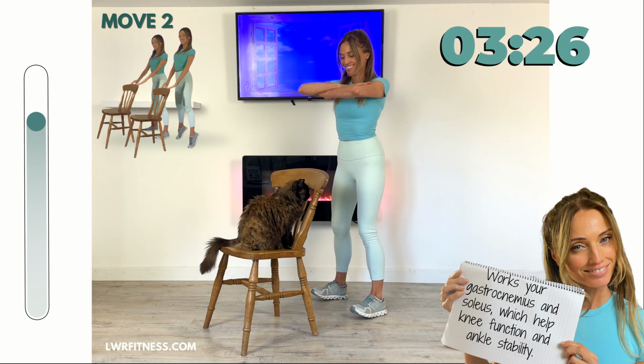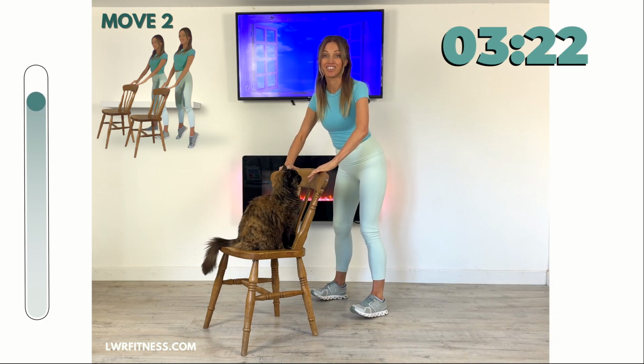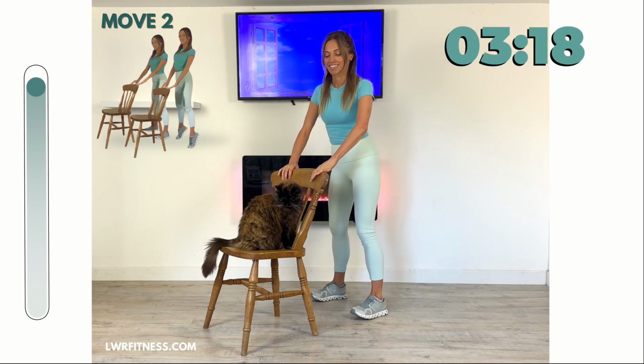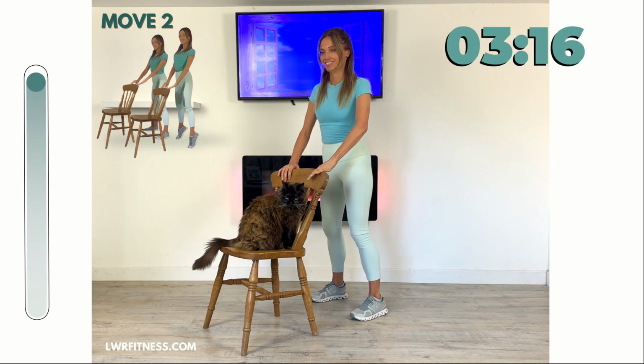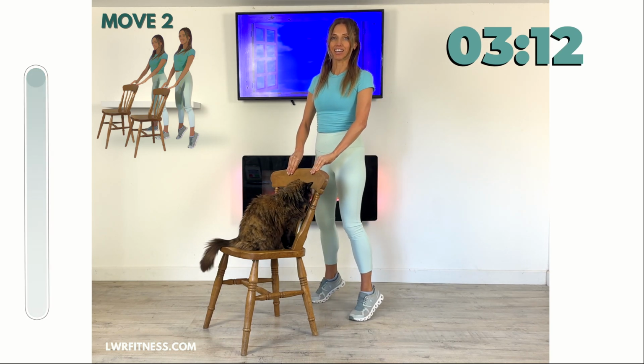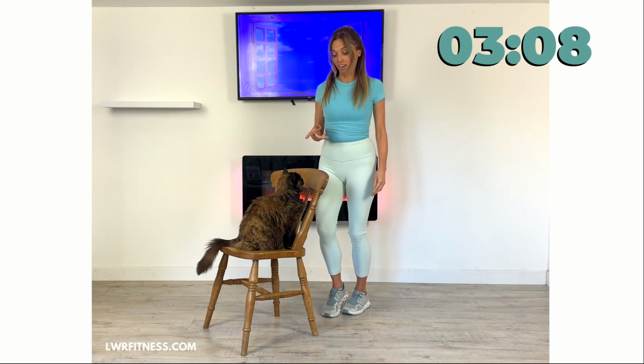So just keep coming up onto those toes and lower. That's good. Nice control. And again, that timer bar, you can just see on the left how long you've got to go on each move. And well done. All right, so for move number 3, this time we're going to work the outside of your